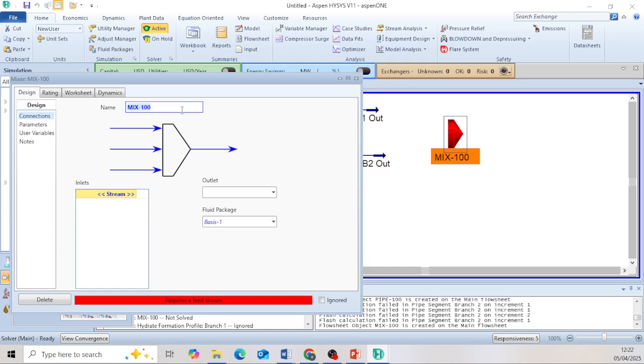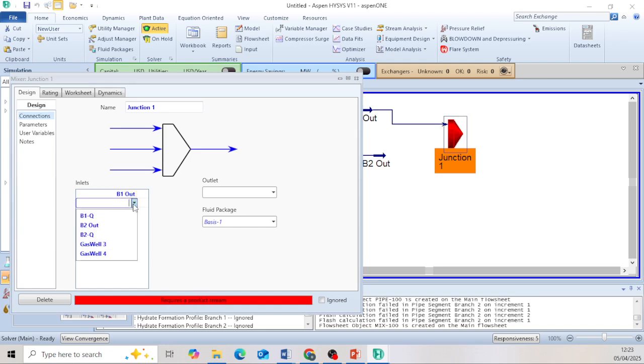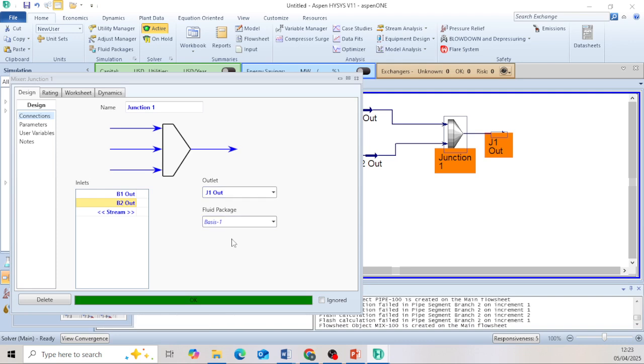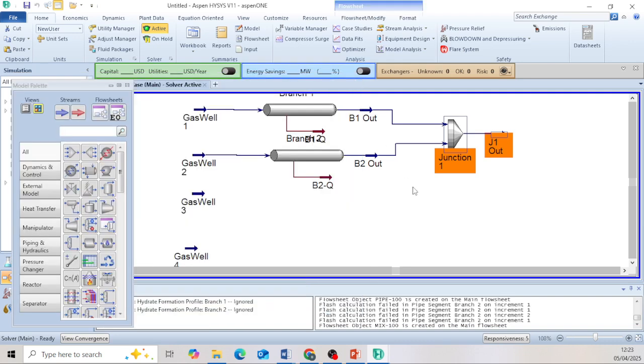All right, so change this to junction 1. All right, our inlet is B1 and B2, and the outlet is going to be J1, the junction 1 out. All right, with that is already solved. Now we move on to,